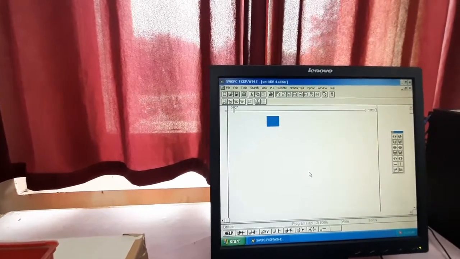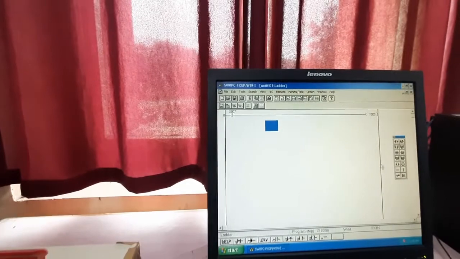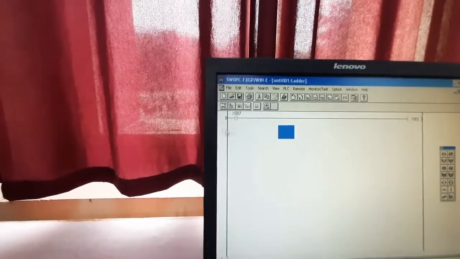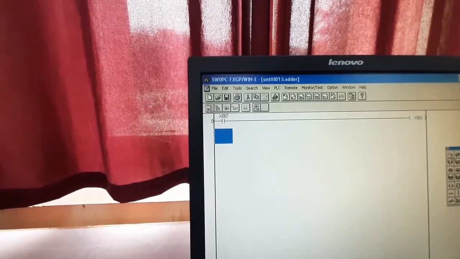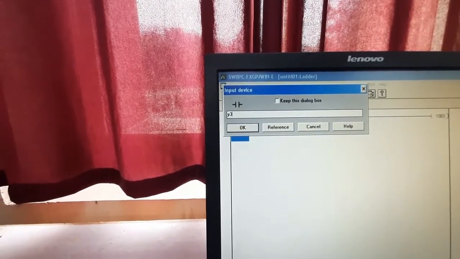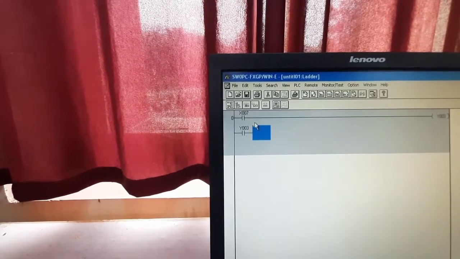So it is immediately stopped. Now after stopping, we will use another input here. Input should be Y3, because we want Y3 to run for the entire time.